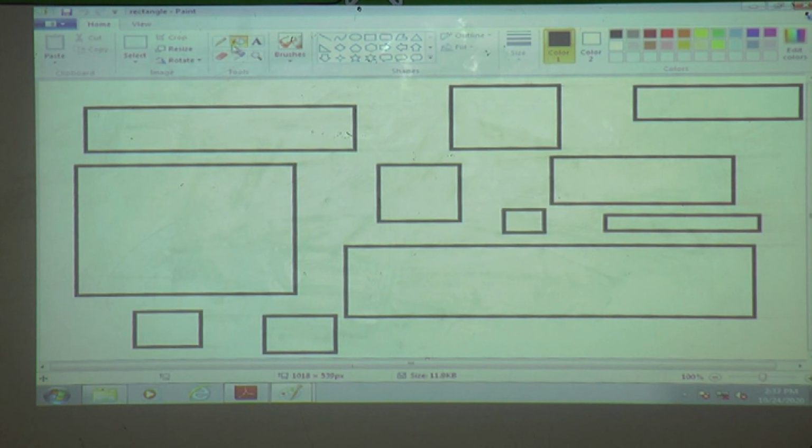And how to give color? Select the fill with color tool. Select the first color. Select the second color and give the colors. Which color am I using now? I am choosing the color.